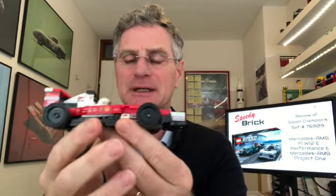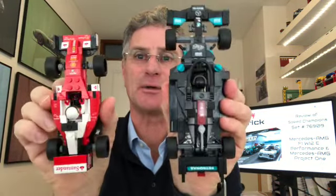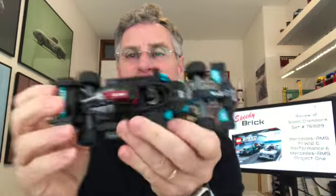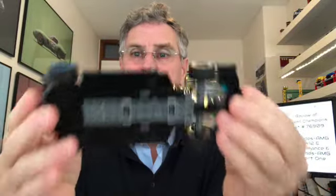And I got some points straight away about the Formula 1 car. It's big. Just as a comparison, I've got a Ferrari from 2017. This was the SF16 car, and this is a 6 wide version. If you just compare the two, it's really quite surprising how much bigger this new design is. It's 9 bricks wide, and I didn't count how many long it is, but it's huge. It's actually even bigger than the Project 1 car,